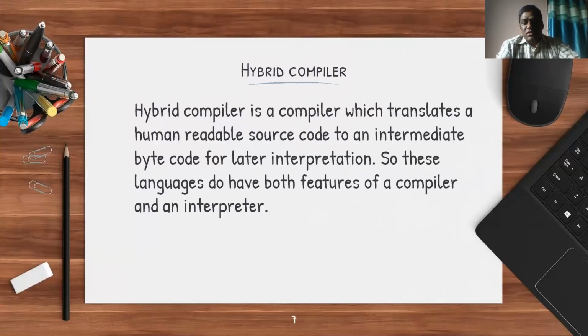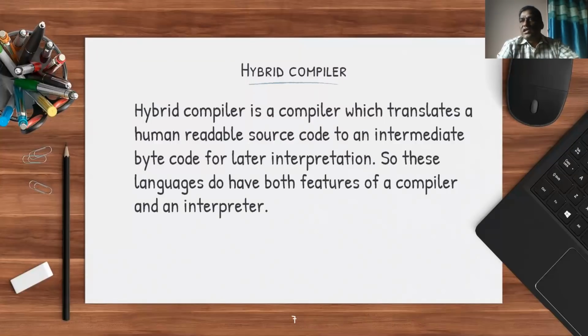So if you look at the Java programs, the way the Java programs get executed, if you remember the process, you compile the program by using the javac command, which actually produces bytecodes. Bytecodes are an intermediate representation of your high-level Java program, but bytecodes are not directly executable.